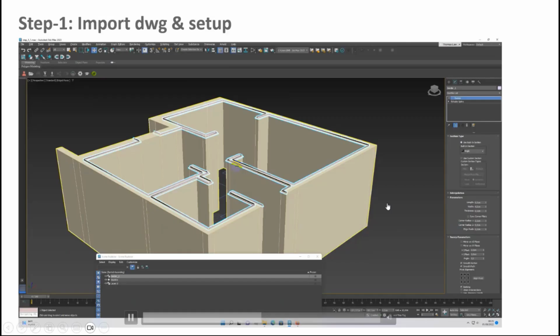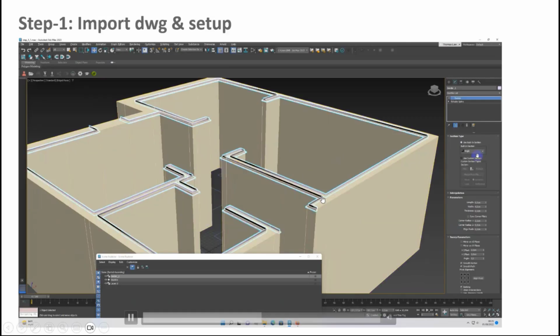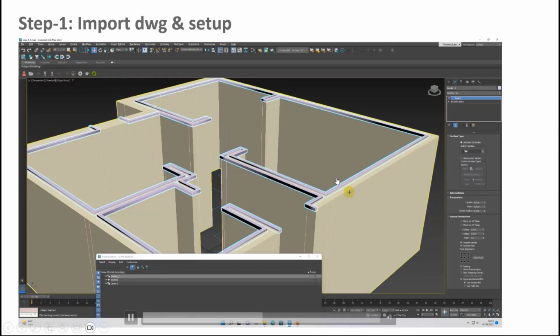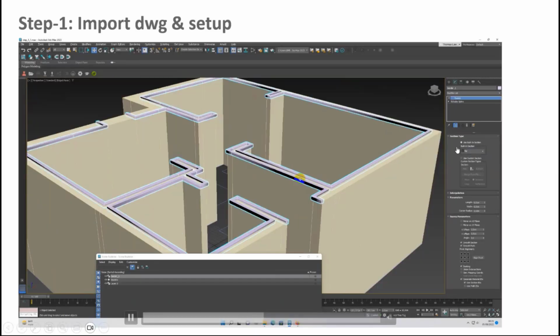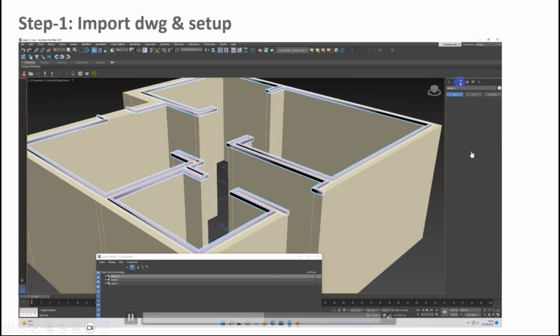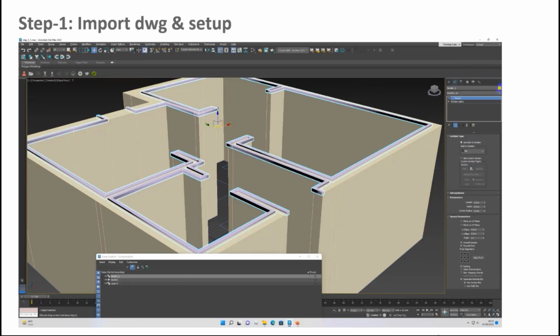Okay, I'm using the sweep modifier. Why is the sweep modifier more important? Because we don't need to create the 3D and then extend all the things. With the sweep modifier, you can even change the model. There is a variety of templates, so you can create the 3D model fast. This is the sweep modifier.